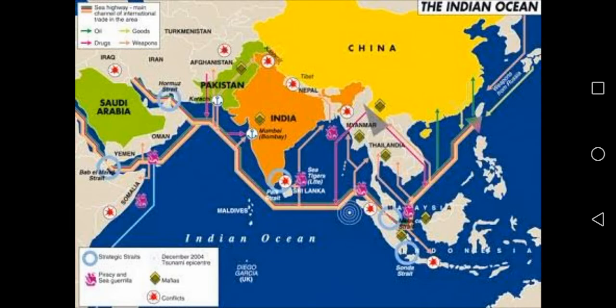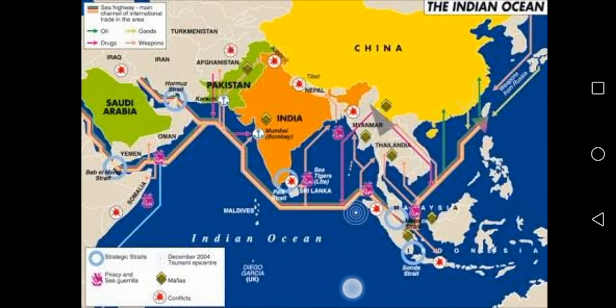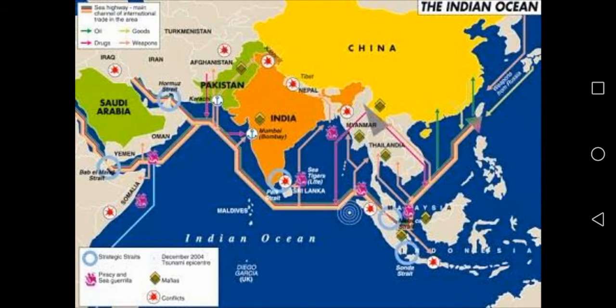And you can see the location of the Indian Ocean. Blue color is being shown, China location. Then Pakistan, Afghanistan, Saudi Arabia. And the one prominent line which is going here, it is showing the trade, how trade was developed in the olden time. Ports and harbors were developed, as Mumbai was a very prominent port, a very busy port also at that time, and it was busy with trade, or we can say export and import of many products to other countries.